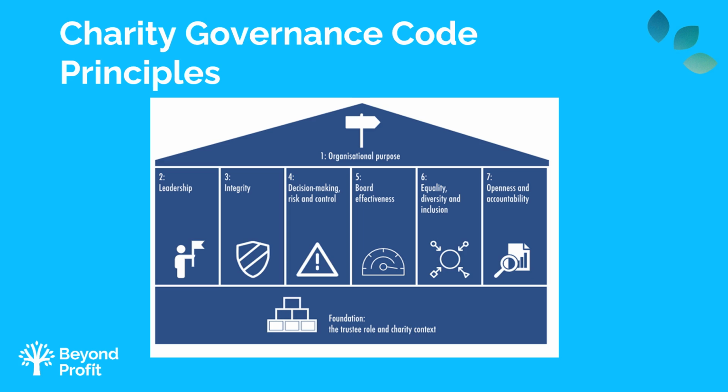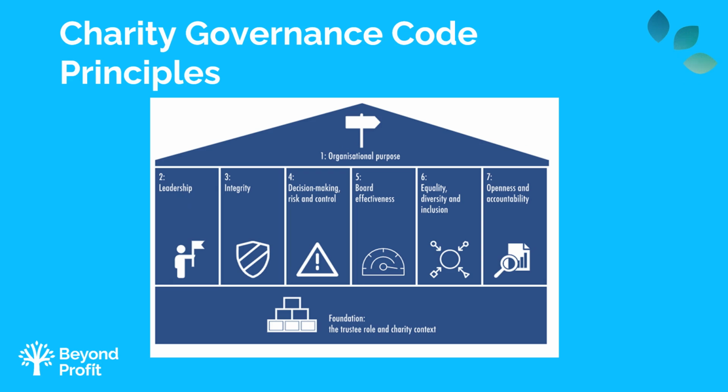organisation's charitable purpose. The board is aware of the importance of the public's confidence and trust in charities, and trustees undertake their duties accordingly. Decision-making, risk and control: the board makes sure that its decision-making processes are informed, rigorous and timely, and that effective delegation, control and risk assessment management systems are set up and monitored. Board effectiveness: the board works as an effective team, using the appropriate balance of skills, experience, backgrounds and knowledge to make informed decisions.